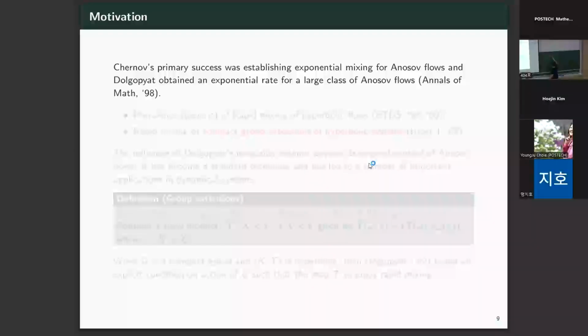So we have a flow. I start from x, and I will start at T of x. And then this is our space M, and this is our tangent space. So in this case, we can split